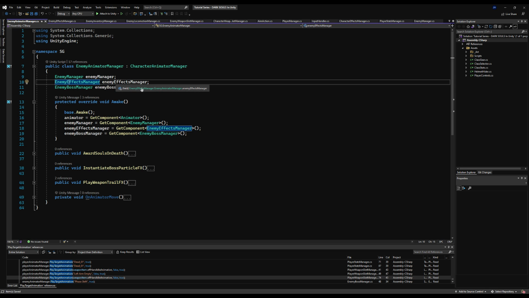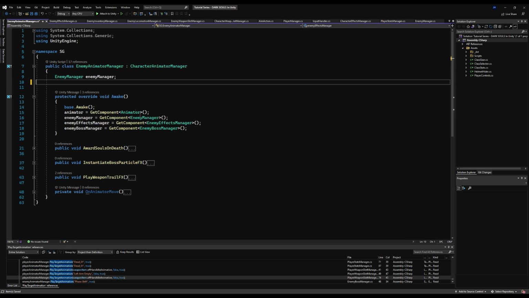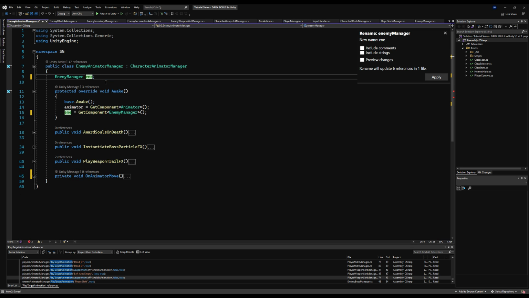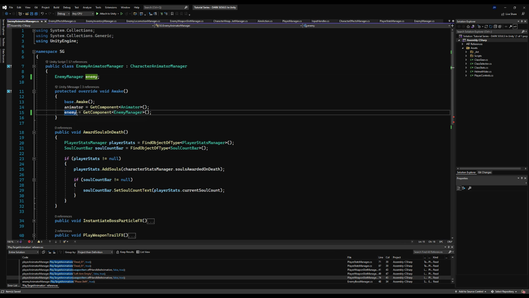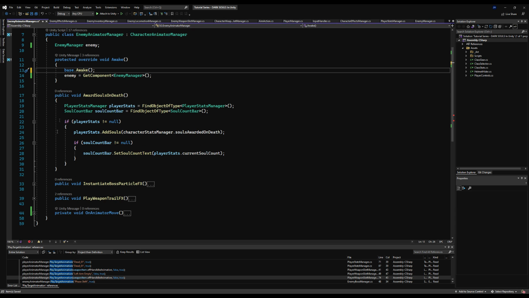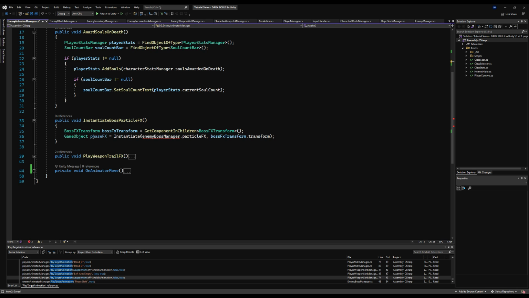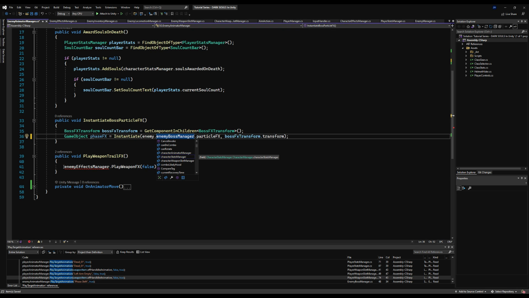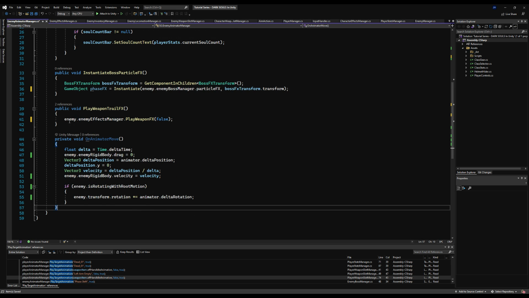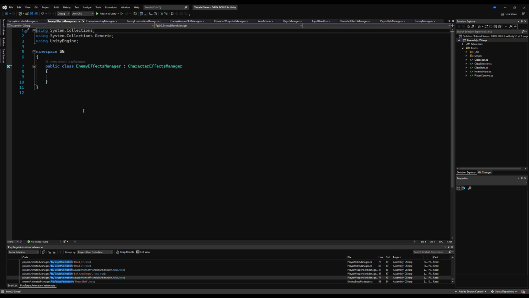And over here on the enemy animator manager, here we go. Delete those two, the boss manager and effect manager, and leave your enemy manager, rename it as an enemy. And the same principle, if we go through the script, what do we see? So our enemy, we're going to call upon that. Delete the animator component because that's actually accessible through our enemy. And here we go, enemy.enemy boss manager, just like that. Perfect. And then enemy.enemy effects manager, just like that. Excellent. Okay, I think that's good. Now,